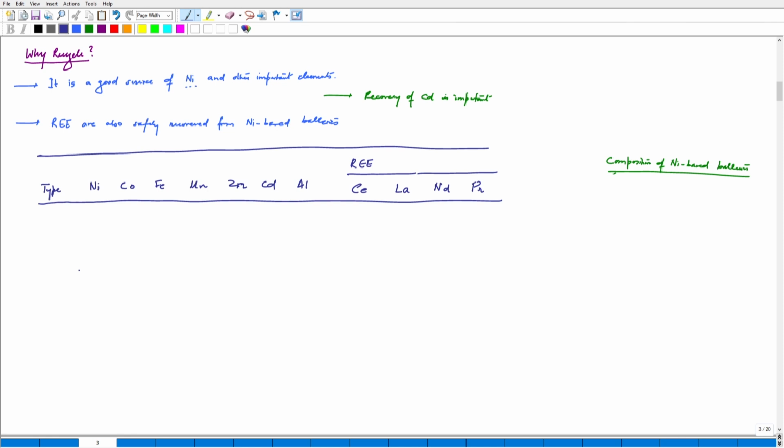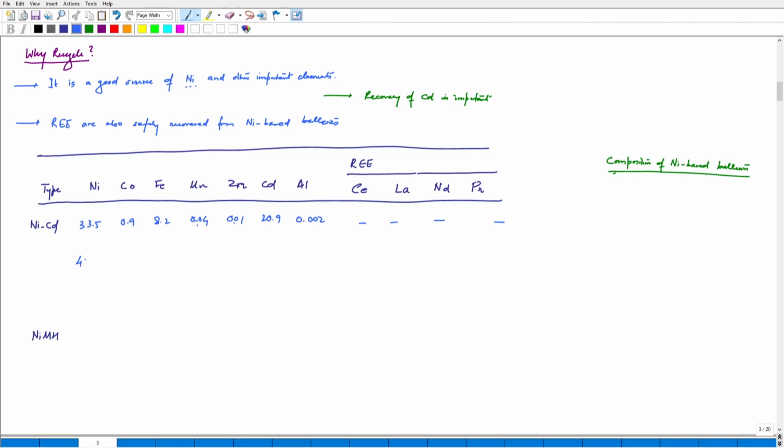Now, just mentioning NiCd and NiMH, we'll write, let us say, 33.5, 0.9, 8.2, 0.04, 0.01, 20.9, 0.002, and this means we are not going to see any RE here because it's a nickel cadmium type